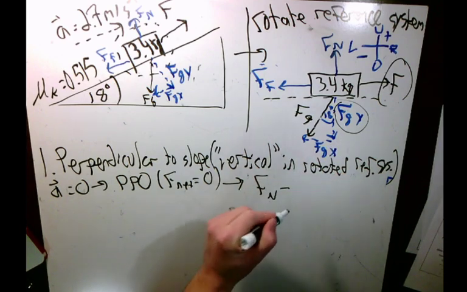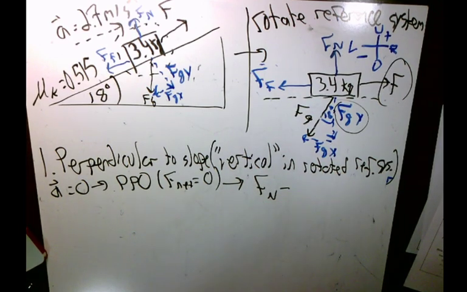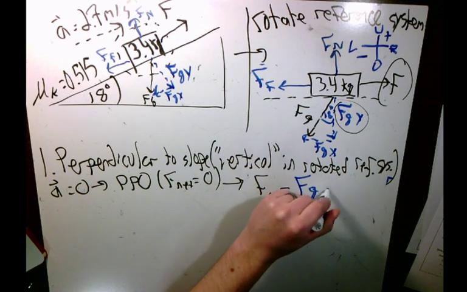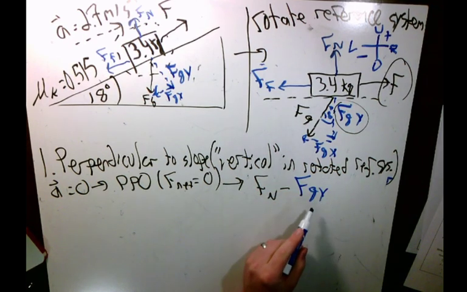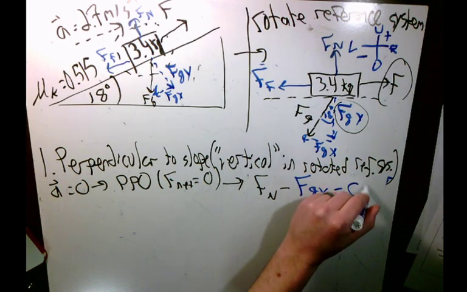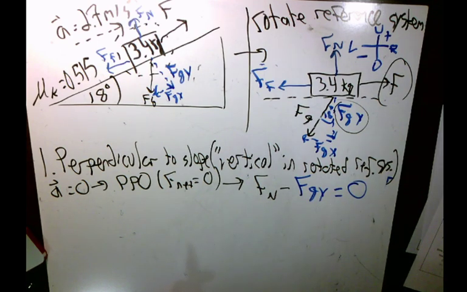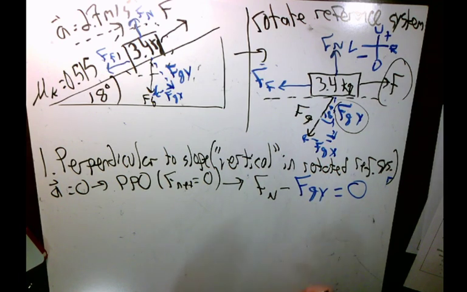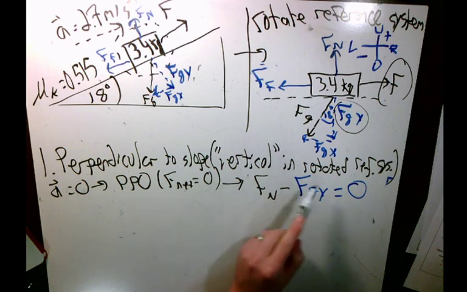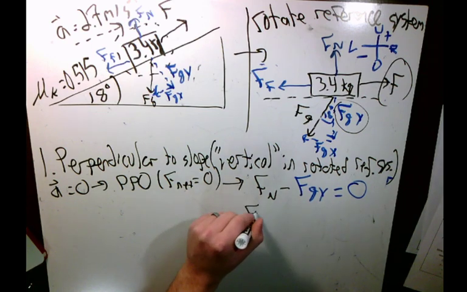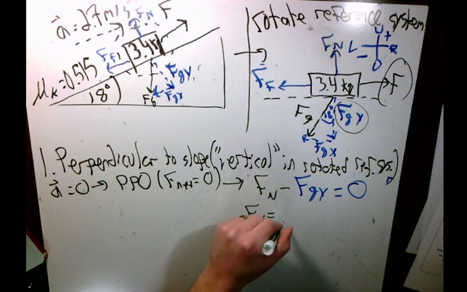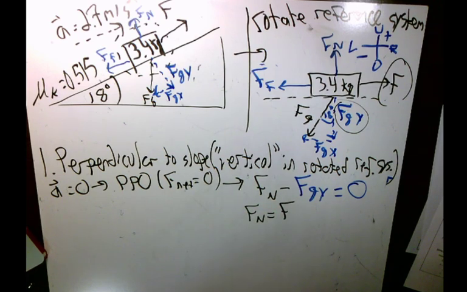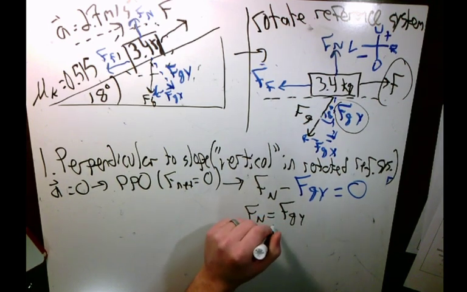So that's going to be my FGY, the Y or the vertical component of my force of gravity. And both of those added together equals 0. All right, so I need to solve for this one here. So if I add that to both sides, I can find my normal force is equal to my FGY,